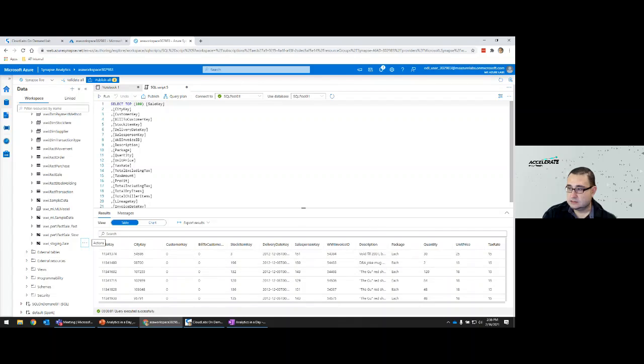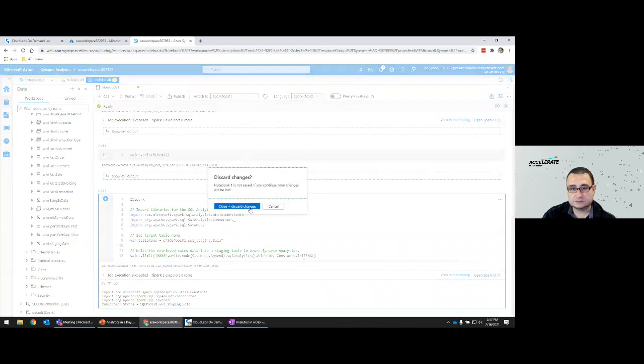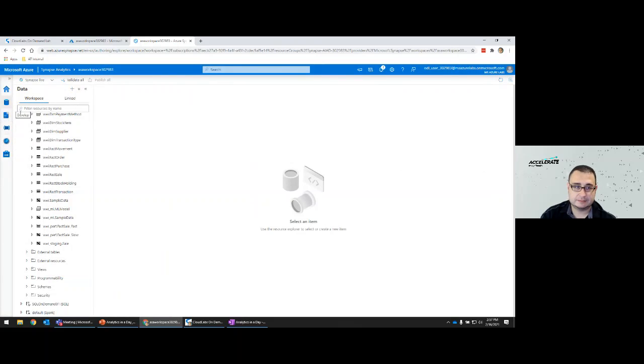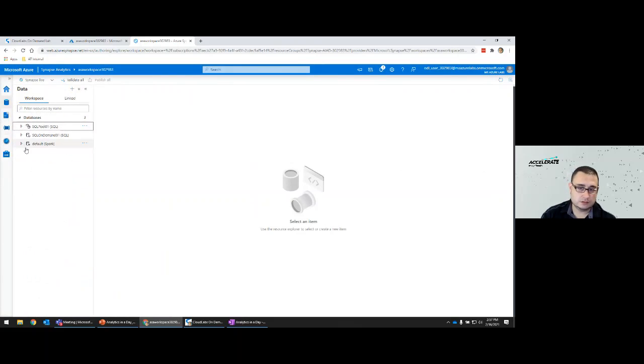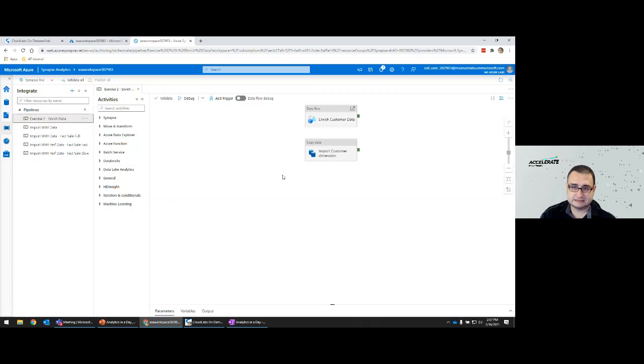All right. So that is essentially the main focus of this lab. The next set of steps, as you can see in the lab environment, walks you through the data integration capabilities. We're not going to go into the detail of creating those, but if you go to the integrate section, you should see under exercise 2 the enriched data pipeline. You can see these are pipelines. You can create new pipelines.